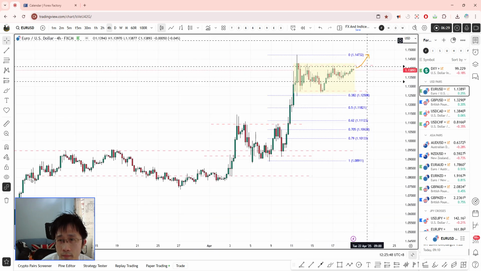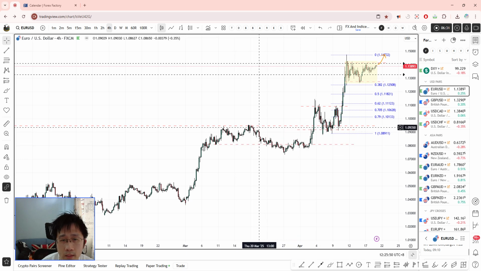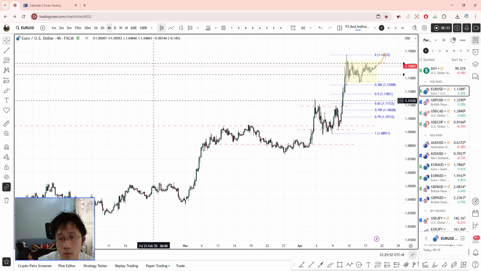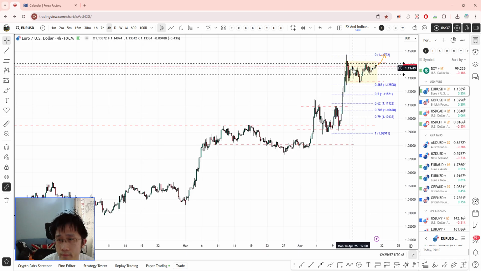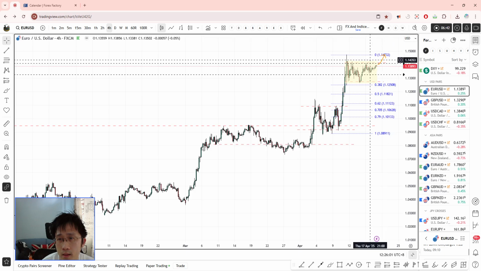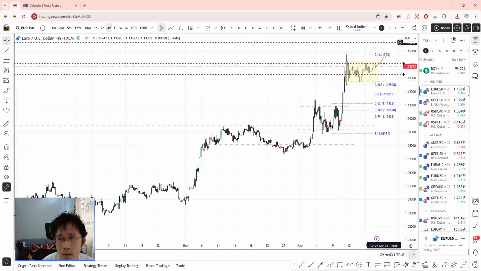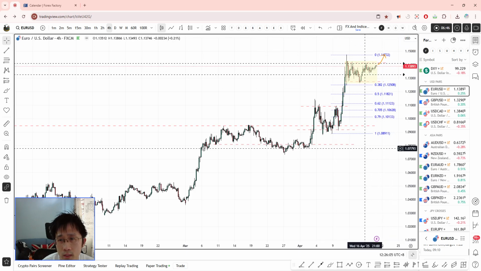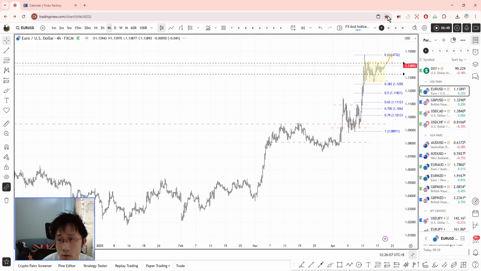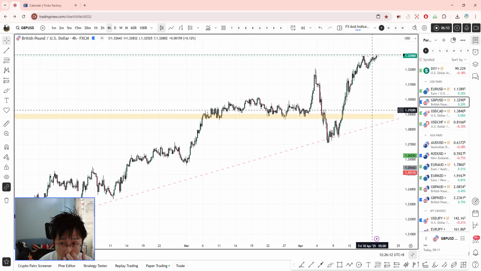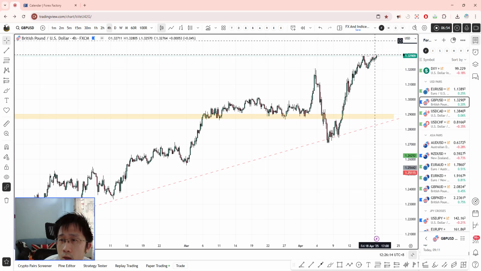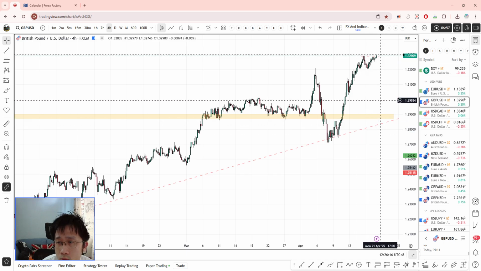But of course, like I mentioned, I'm talking about euro dollar and pound dollar to go long, right? If let's say this is going to consolidate and break higher, then likely this will continue the trend outwards for the dollar, euro dollar. Okay, likewise for the pound dollar, could be breaking out higher. So these are the two.